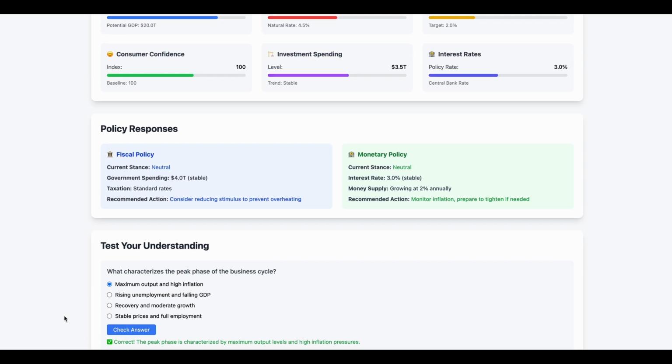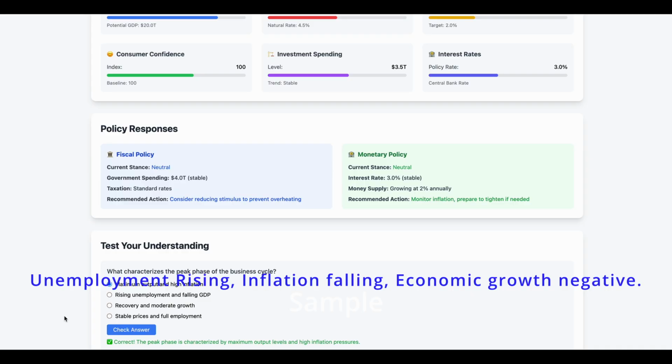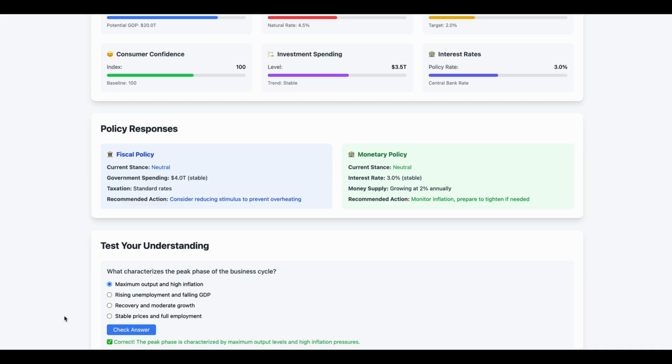Talking about a real world example, a sharp and very short recession was visible during the COVID-19 crisis, where global GDP fell almost by 3.5%. Jobs were being lost, inflation was falling, price levels were falling, consumer confidence was falling. Government intervened with stimulus packages and unemployment benefits, and the central bank tried to reduce the interest rate to increase consumer spending, and this was visible when negative economic growth was consistent for two consecutive quarters.